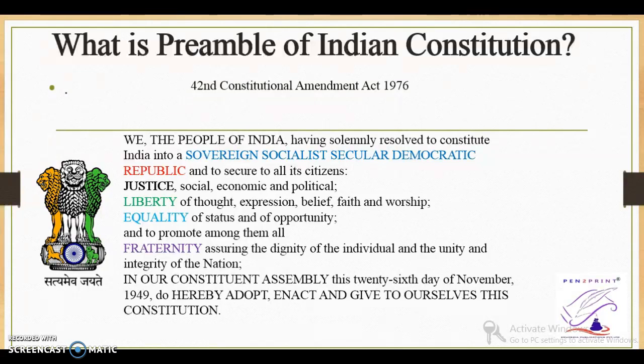Our preamble also emphasizes fraternity. Fraternity among the people, so that the people can get connected to one another. That's why in India we have only single citizenship. In USA they have